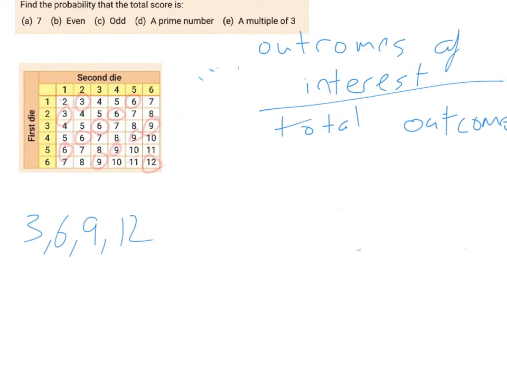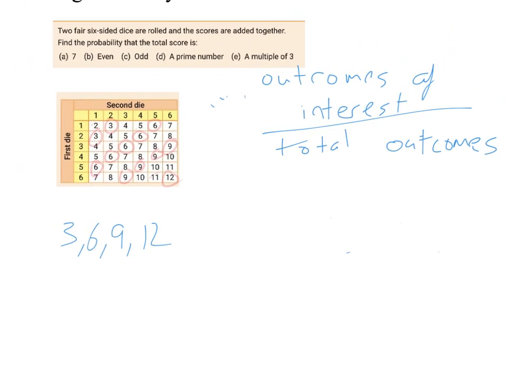And now again, as before, we're going to get the number of outcomes of interest, so that's our multiples of 3, divided by the total number of outcomes. So our outcomes of interest here, we'll count them up. We have 1, 2, 3, 4, 5, 6, 7, 8, 9, 10, 11, 12. 12 outcomes out of 36 possible outcomes. This simplifies to 1 out of 3 is our probability, or again, if you want to give it as a decimal, that's absolutely fine. The next question now, we're going to look at tree diagrams, one of our other methods